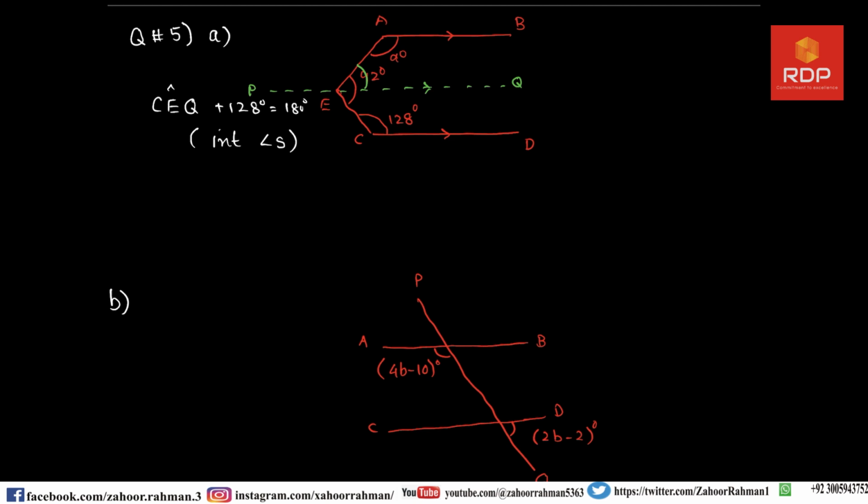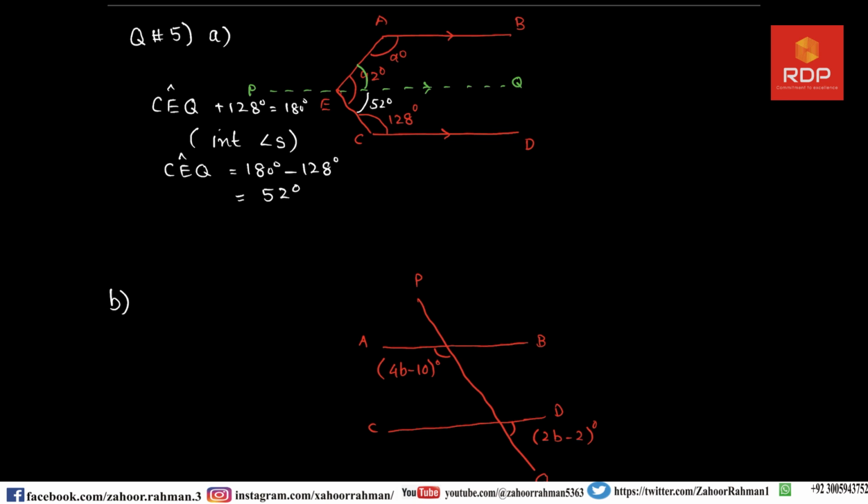So when we calculate this CEQ, we have to shift this 128 to the other side, and then it will become negative, and when we subtract it from 180, it will be 52 degrees. So we found the value of this area to be 52 degrees. Now the total is 92,